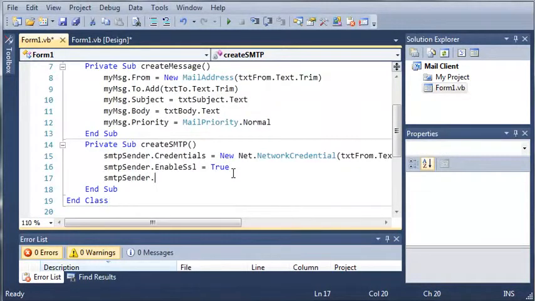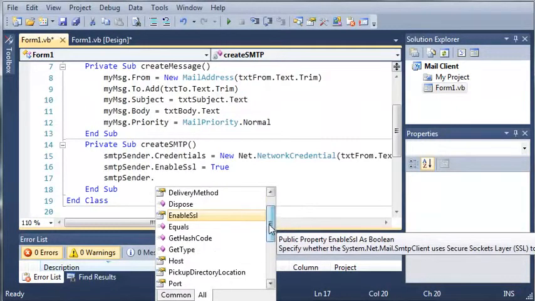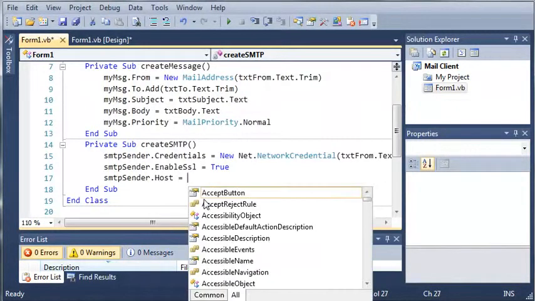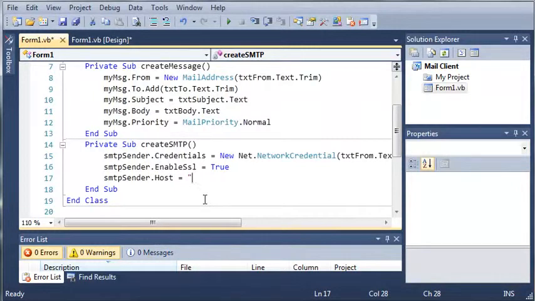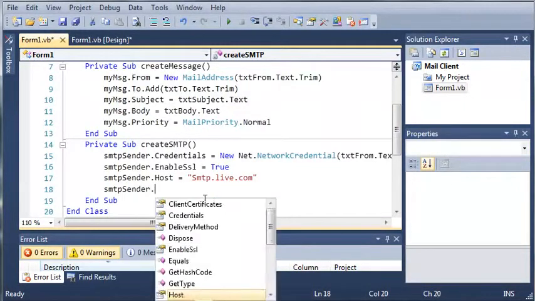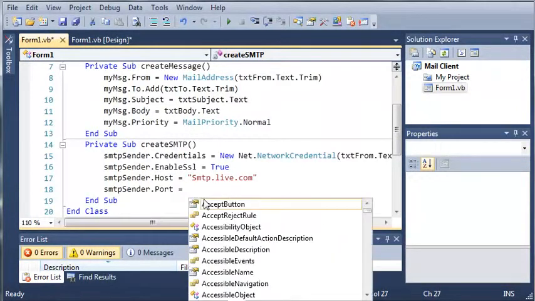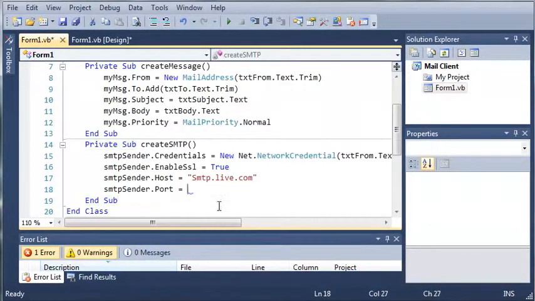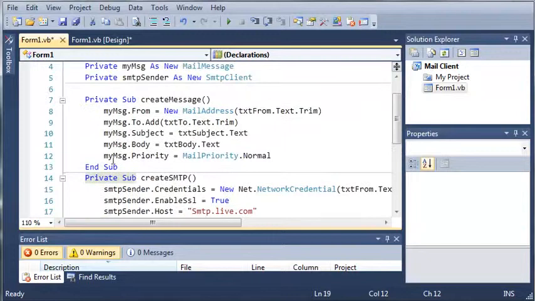Now we'll do SMTP sender dot host. The host for live email addresses is smtp.live.com. So this is what it's going to connect to in order to send our email. Then we'll do smtp sender dot port equals, and we're going to have to supply the port that it connects to. Now I believe the port is 587. We'll just have to see if that works. Okay, so now we've got our create SMTP and create